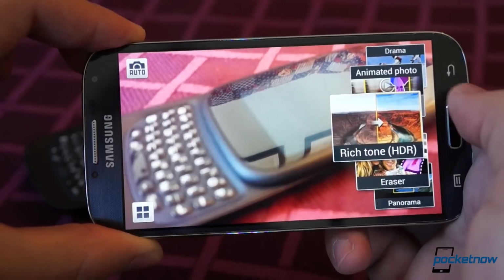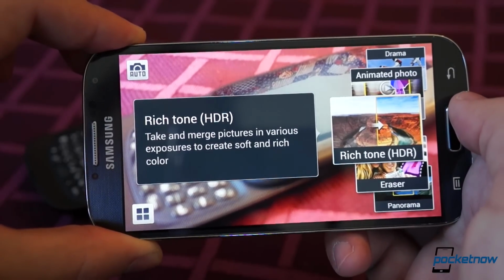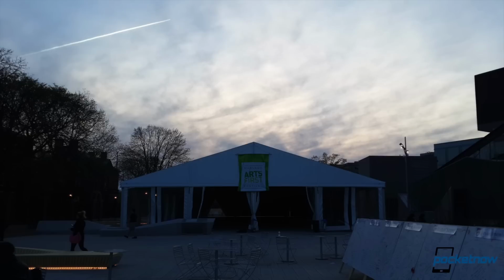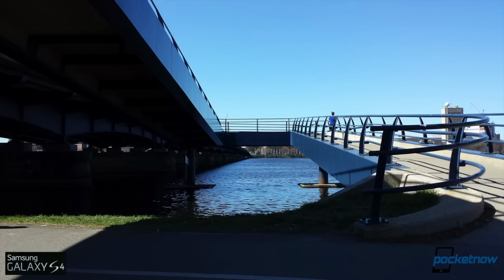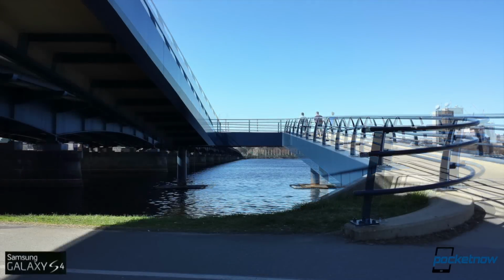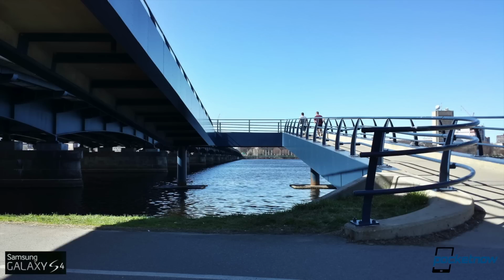We've talked a lot before about Rich Tone or HDR, and it's one of our favorite shooting modes. This is ideal for a situation where maybe your subject is slightly backlit, or there's a mixture of very bright and very dark areas in the frame. HDR, which stands for High Dynamic Range, takes photos from the same angle at multiple exposures and stitches them together to create a single photo. You don't want to use this mode all the time, though, and you don't want to use it on moving